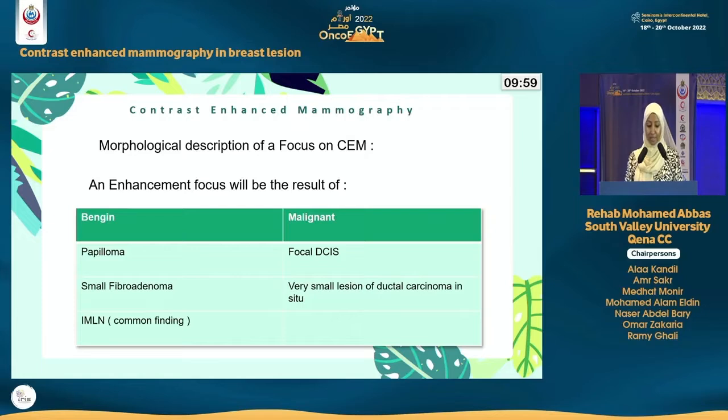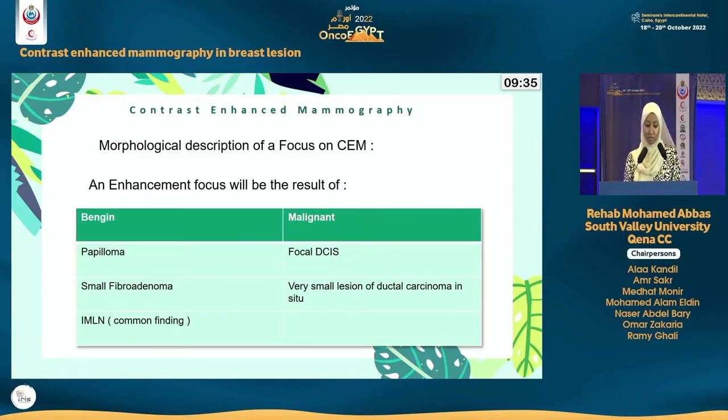لو جينا بصينا على البناين ومالجنانت ليجنز اللي ممكن تبقى عامله فوكال انهانسمنت على الكونتراست انهانسد ماموجرافي، البناين ليجنز ممكن تكون عندنا بابيلوما وسمول فايبر ادينوما او انترا مامري ليمف نود which is common finding مع الكونتراست انهانسد ماموجرافي، ودي بنعرفها بالكومن سايد بتاعها ان هي بتكون موجوده في الابر اوتر كوادرنت. المالجنانت ليجنز بتبقى واخده فوكال انهانسمنت ان هي ممكن تكون فوكال دي سي اي اس او فيري سمول ليجن اوف